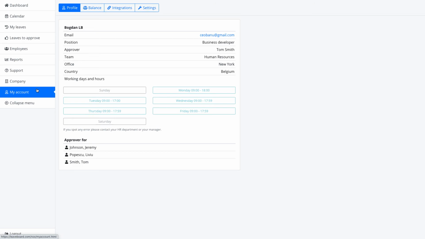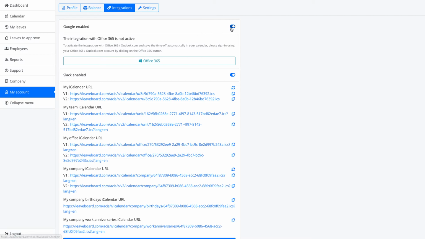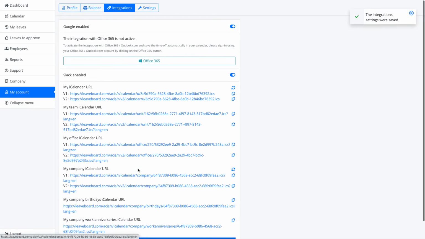page, and this is available to all the employees. They can check if the information over here is correct and valid. Again, a breakdown of the available time off. The integrations with Google, with Outlook, with Slack, which I have activated, and various calendar feeds. My absence, my team absence, my office absence, my company absence, and the birthday calendars and work anniversary calendars, which